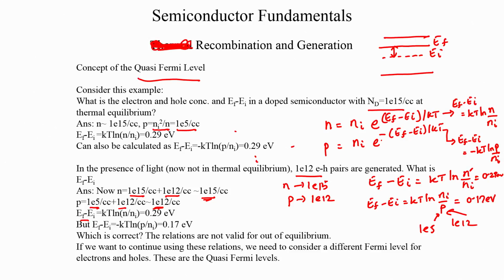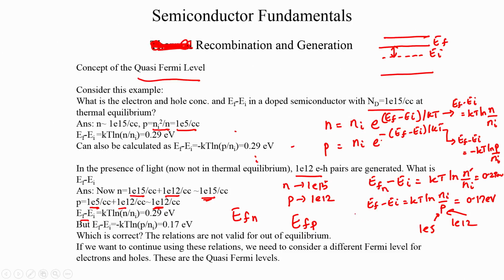So therefore when we discuss non-equilibrium conditions, we cannot allow a common Fermi level for electrons and holes; it cannot be the same. Therefore the electrons now take a Fermi level called EFn, which is the quasi Fermi level for electrons, and holes take a Fermi level called EFp, which is the Fermi level for holes, and therefore we must rewrite these equations. We cannot use one common EF, therefore EFn minus EI is 0.29 electron volts, which means